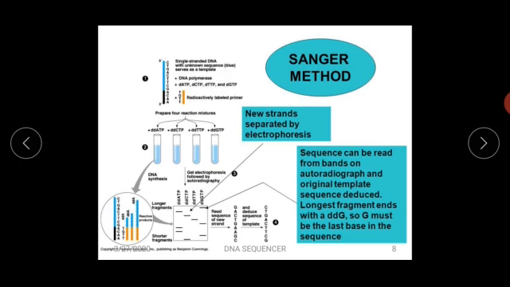Autoradiography is a graphical representation or fingerprint pattern where we can see how the sequences have aligned themselves based upon their cleavage. Here we can see the longer fragments align on top and the shorter fragments align below, and the sequence can be read for the new strand after alignment and used to deduce the sequence of the template. This is the fourth step. Thus, this is a very great process, and a very useful method for DNA sequencing.